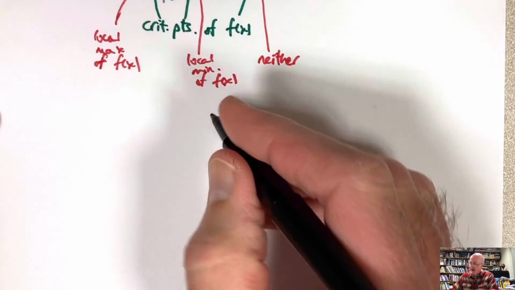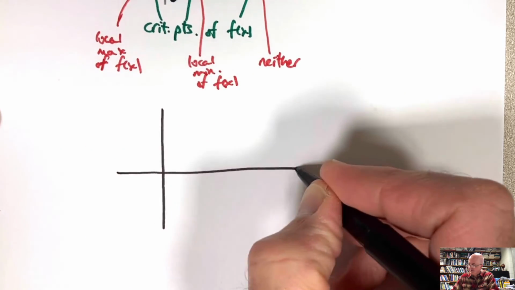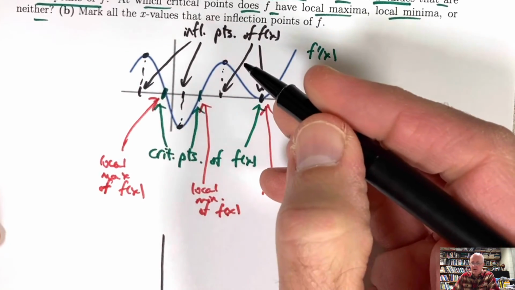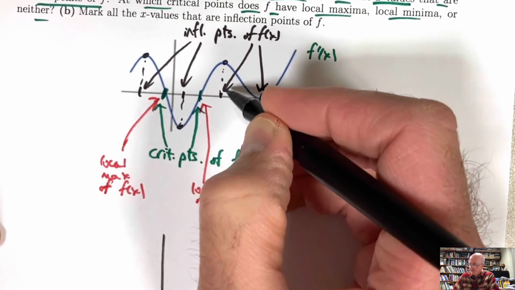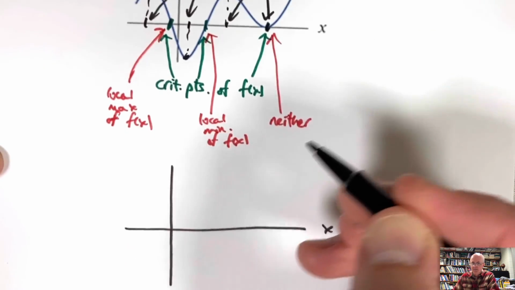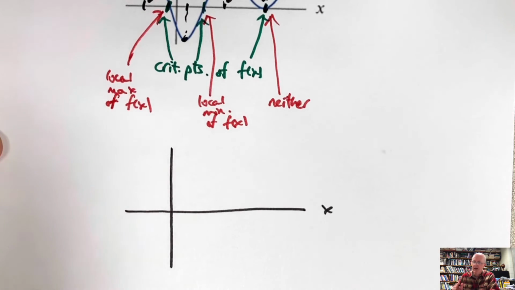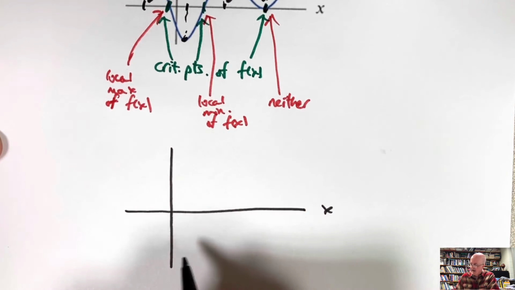So let's draw a possible sketch of the graph of f itself. This is the graph of f prime. This is telling you about slopes of f. They're positive at first, and then negative, then positive, and they stay positive. Where is the y-intercept of f? That's the only thing that's completely unclear. And maybe I shouldn't have even drawn a y-axis in here,